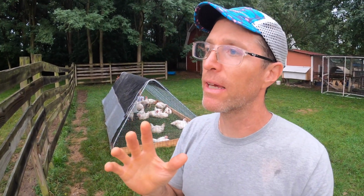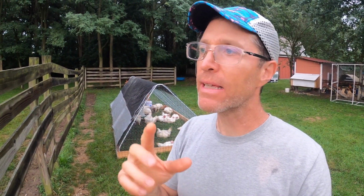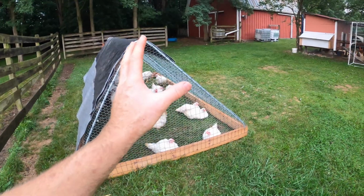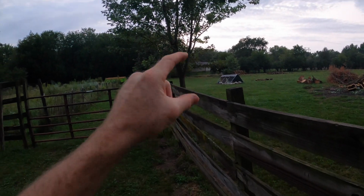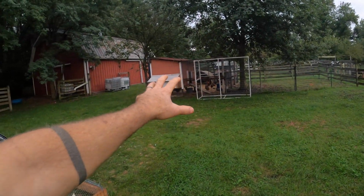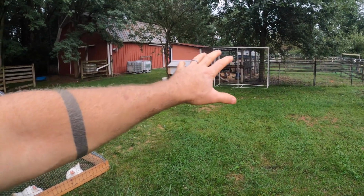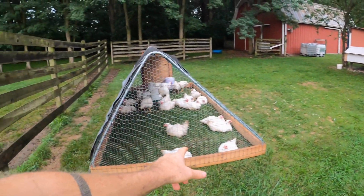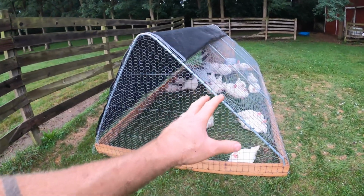All right, now the other really big pro for me about using these chicken tractors, and it's the reason I did it, it's the main reason I would entertain doing it again, is that it just actually made it possible. What I mean by that is we could not have raised these 50 birds, 25 here, 25 in the other tractor, in our existing coop setup and run. We would have had to have built a bigger infrastructure for the chickens. Instead, I built these guys for like 30, 40 bucks a piece,